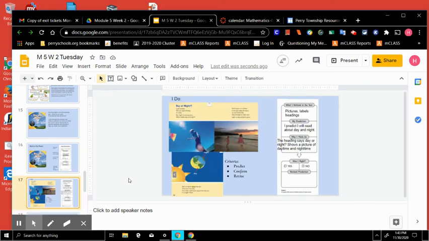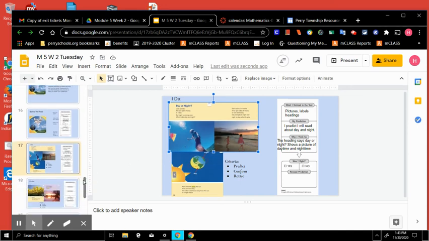Let's look at the next page. This page has day or night. And before I read this page, I'm going to say, what did I notice? Well, I noticed the pictures and I noticed the heading, day or night. And I noticed this page has labels. And it says, my prediction, I predict I will read about day and night. And I predicted that we would read about day and night because the title says day or night. And usually titles or headings tell us what those pages are going to be about.